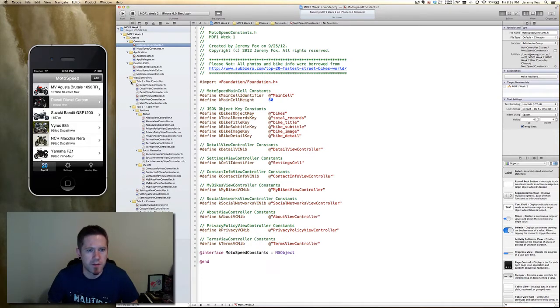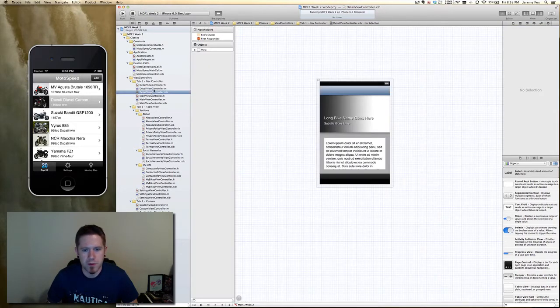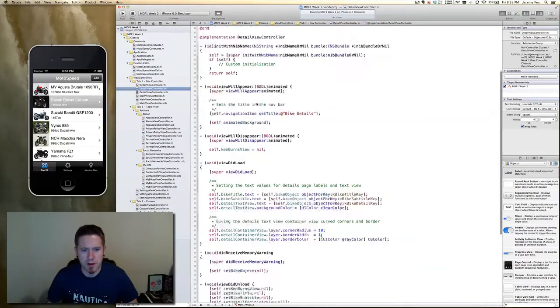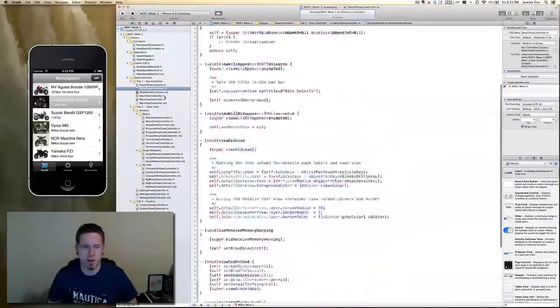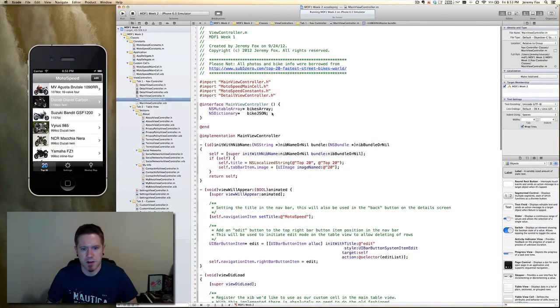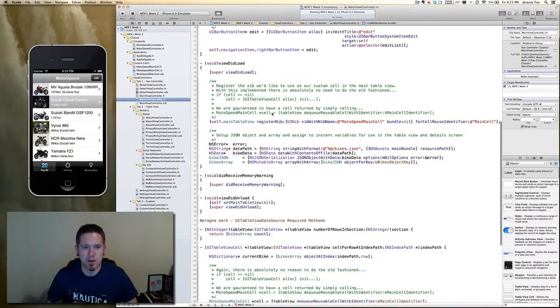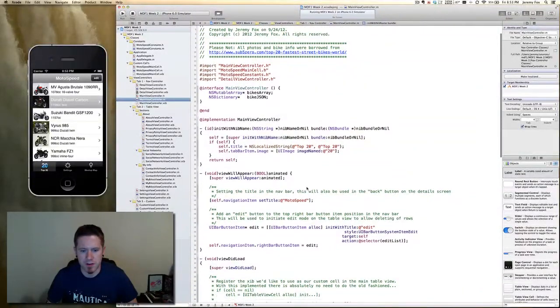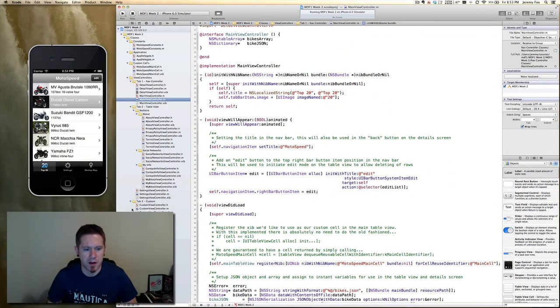We also have tab 1, which is our nav controller. We have our details view, which is there's the nib, and the code, this is all just like in week 1. And then our main view, which there it is, shows the list. And there's the main view code. Essentially just grabbing some data out of a JSON object that I created statically that's in the app to display